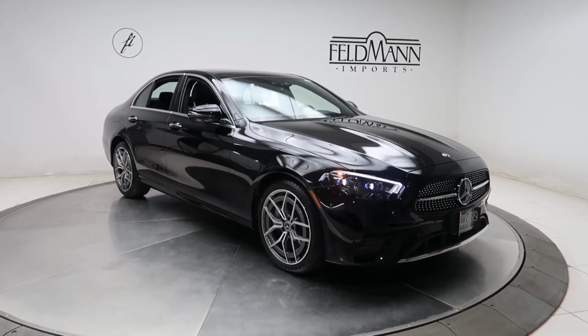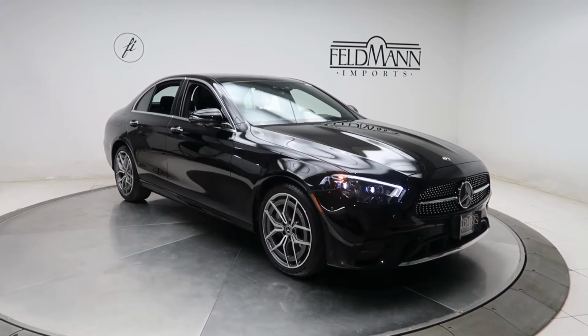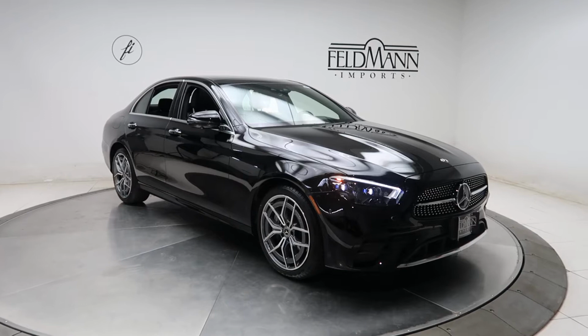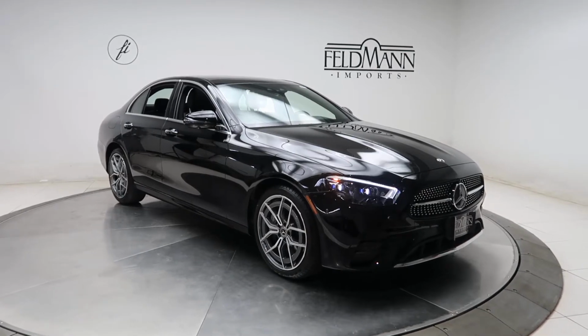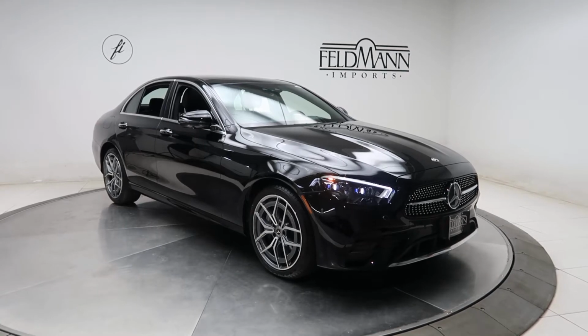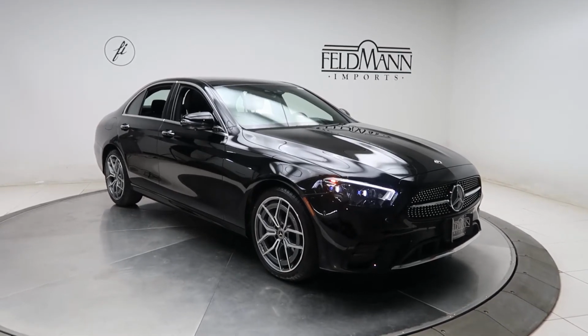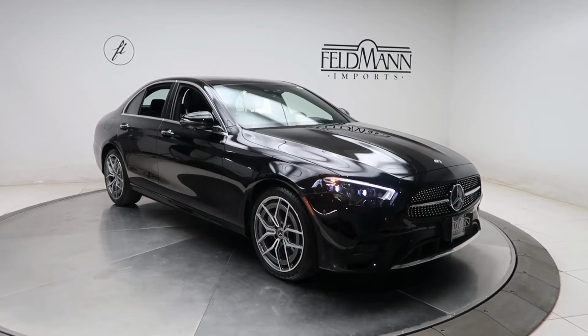Today we're taking a look at a 2021 E350 4MATIC sedan. This one's black. Underneath the hood is a 2-liter 4-cylinder turbo with 255 horsepower and 273 pounds of torque with a 9-speed automatic transmission. This one has 19-inch AMG twin 5-spoke wheels, AMG line exterior with an AMG look on